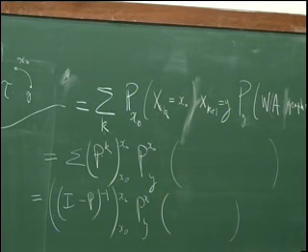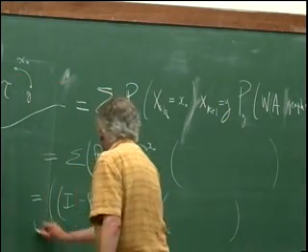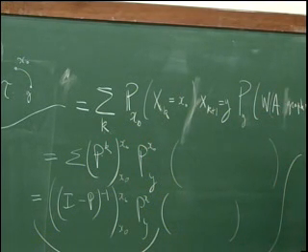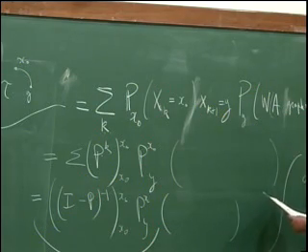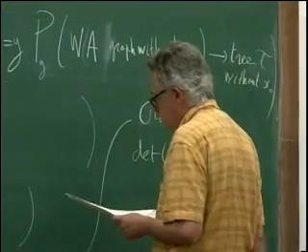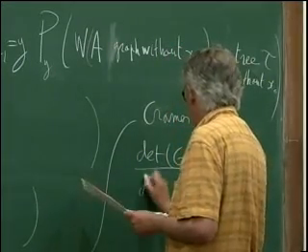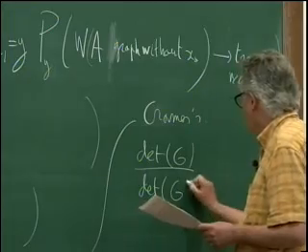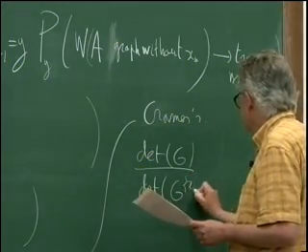And what you will get here, by Cramer's rule plus the definition, will be the determinant of G, the Green function, divided by the determinant of the Green function of the process